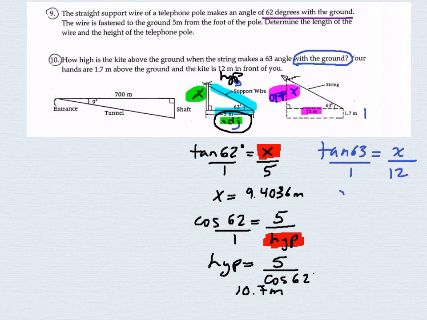So to solve for x, you would do 12 times the tan of 63. Again, make sure you're in degree mode on your calculator. The tan of 63. And your answer for x should be greater than 12. And the answer for x is going to be, proper rounding,